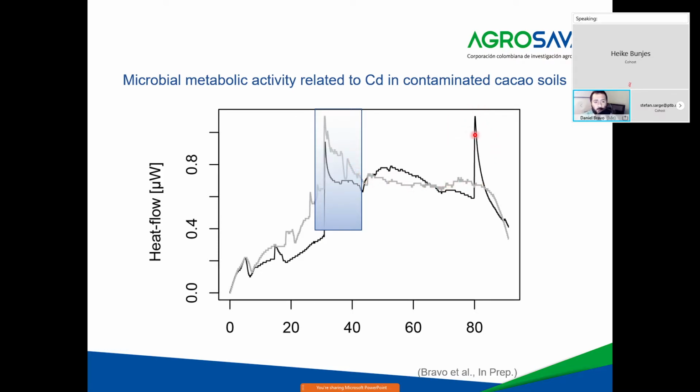But when we add 4 milligram per kilogram of cadmium, we can observe this second peak, which corresponds to lower populations, which are called slow-growing bacteria, and there is an interesting fraction of the populations within the bacterial community in these soil samples. So microcalorimetry allows us, with a little bit of pressure, with more concentration of cadmium within the sample, to express this metabolic activity of other populations that otherwise would not be possible to measure.